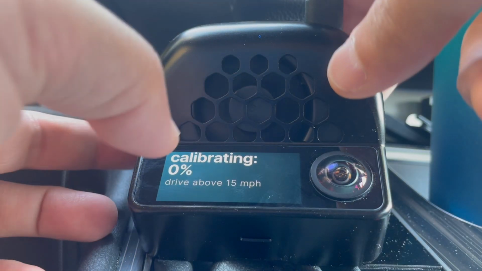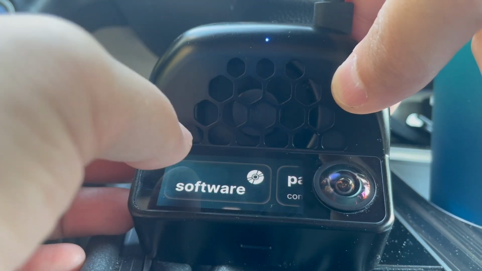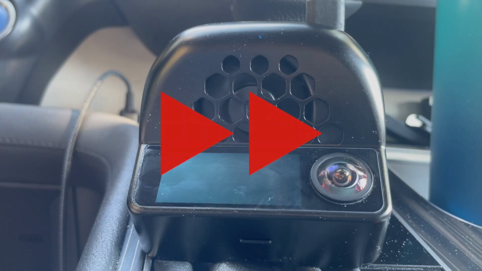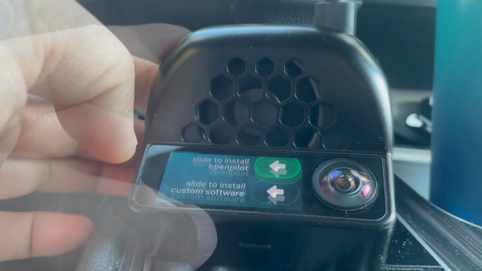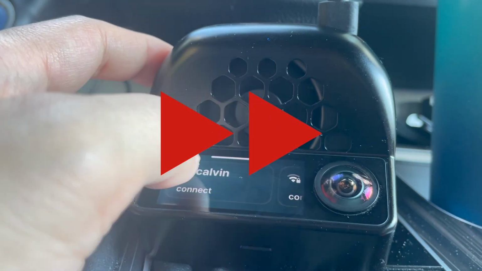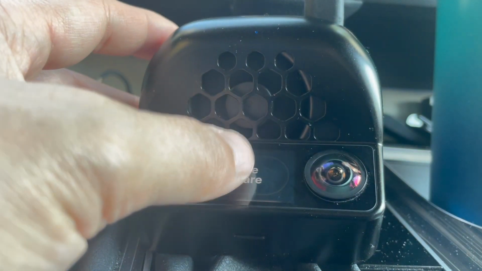Swipe right, press the cog, find software, swipe all the way, uninstall OpenPilot, slide to uninstall. Start, we're gonna choose slide to install custom software. Choose software.